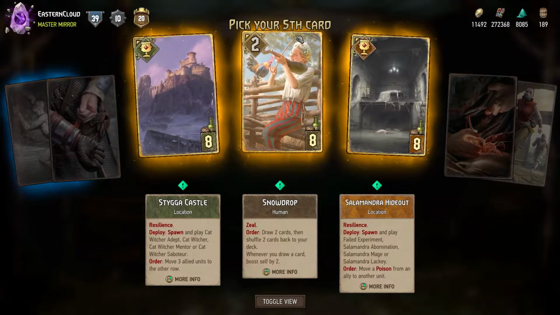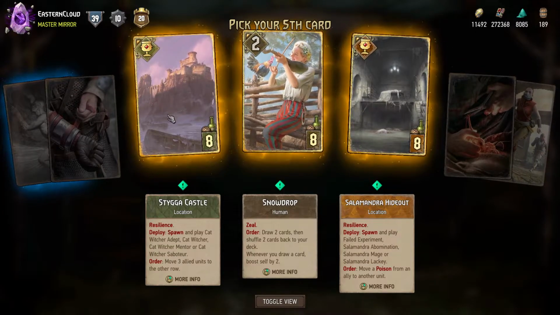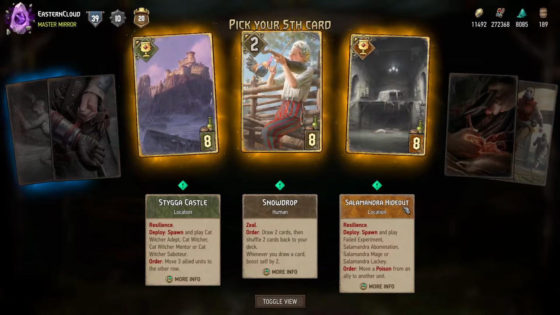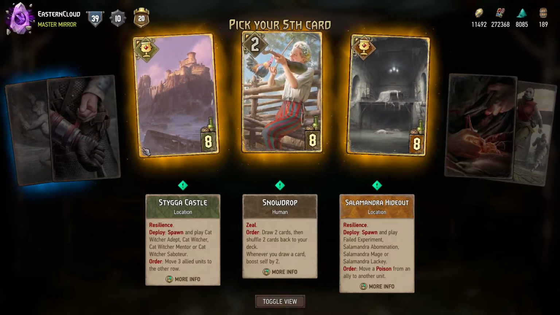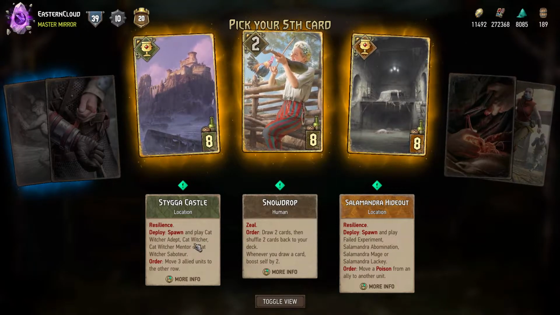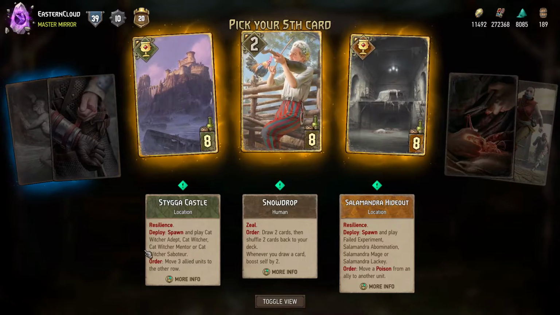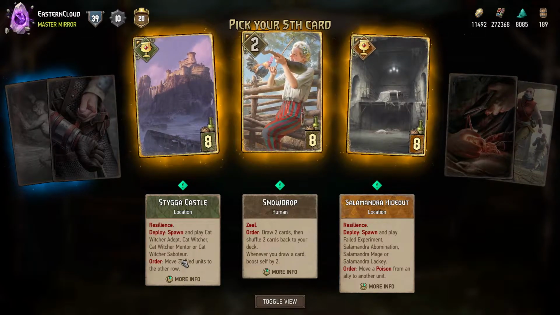Boom! We asked to see something incredible, and something incredible came in terms of Stega Castle, Salamander Hideout, and Snowdrop. Let's talk about all three quickly. In the castle, you're going to play a Witcher. Order: move 3 allied units to the other row. Saving that for round 3